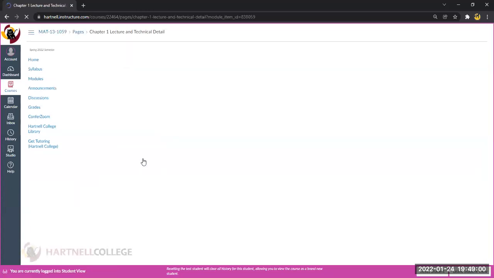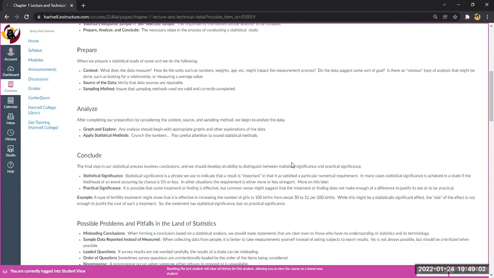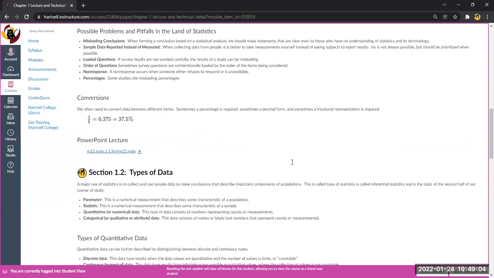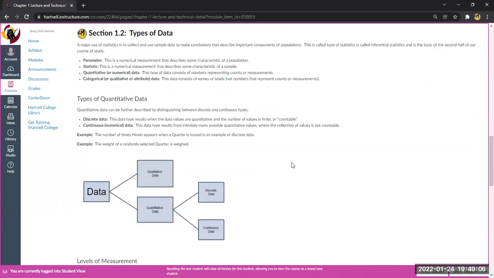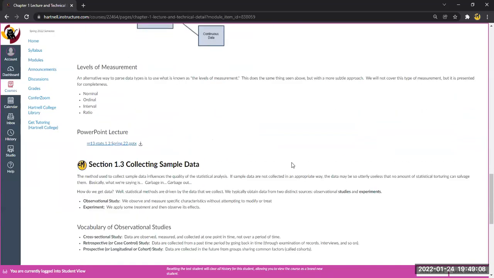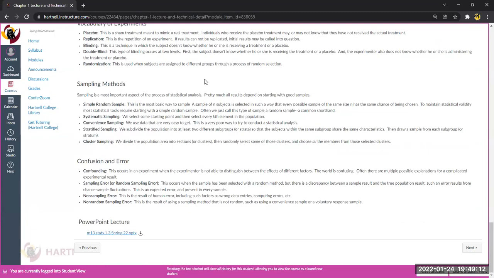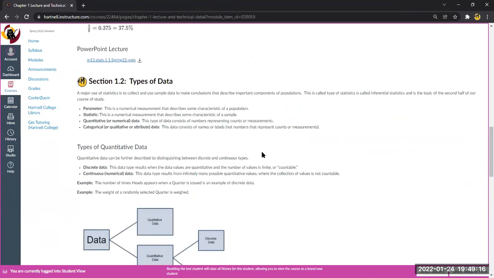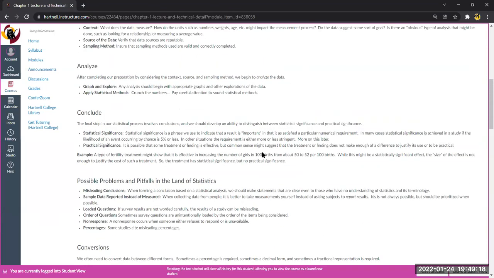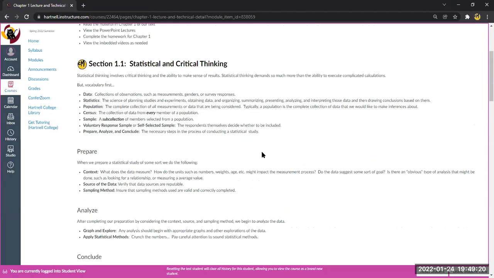But also in there, let me go back there, as I say, is all the material from chapter 1. You have a PowerPoint lecture at the end of each of the chapters, which really goes over what you see above, which is really what is also in your text. So there's a number of different places you've got the same information.